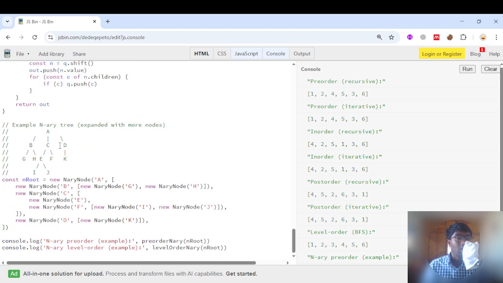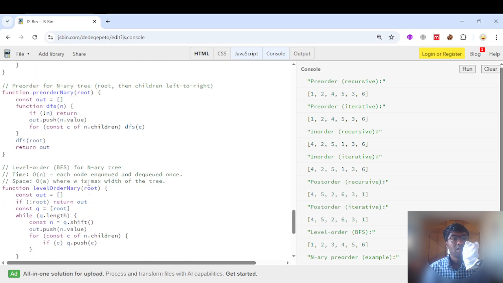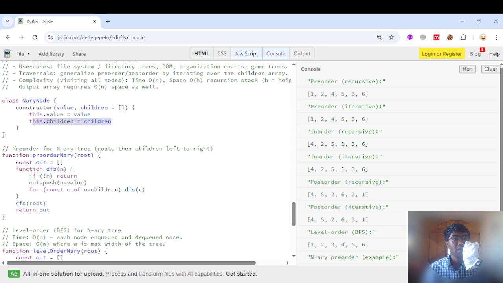Let's say there is a tree with a root node of A which has multiple children nodes B, C, D. This is something that I have demonstrated here, where a node A will have B, C, D, and B having G and H as its children nodes, and C and D are also children nodes of A. So this is one other thing that I've shown here, and this is the way such n-ary trees can be implemented,